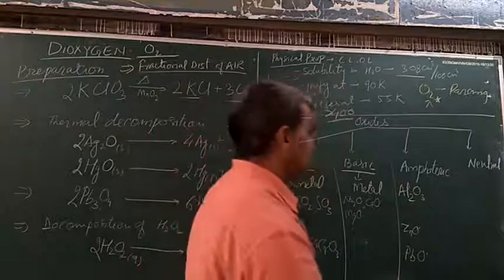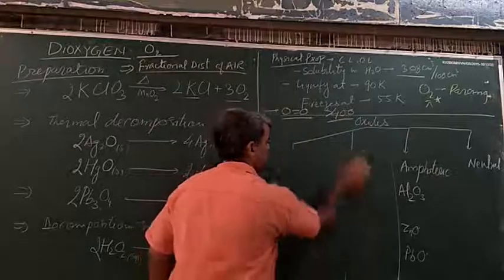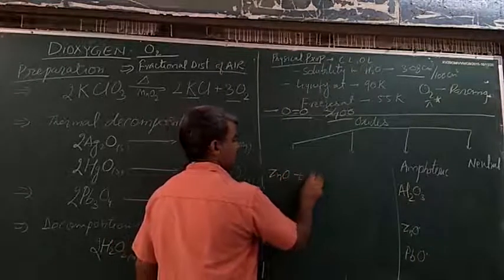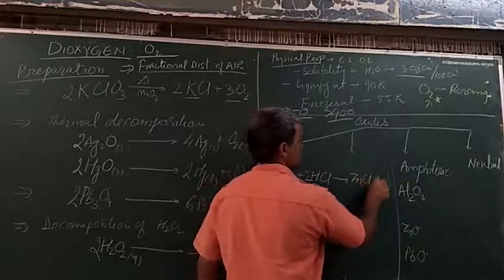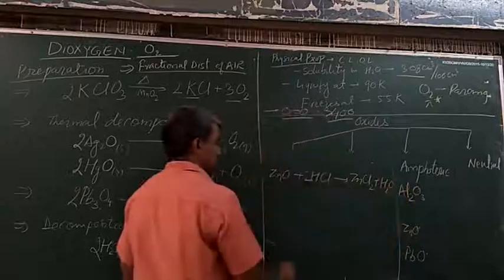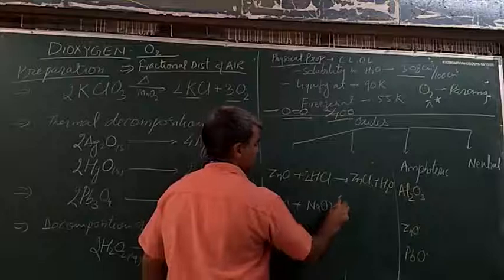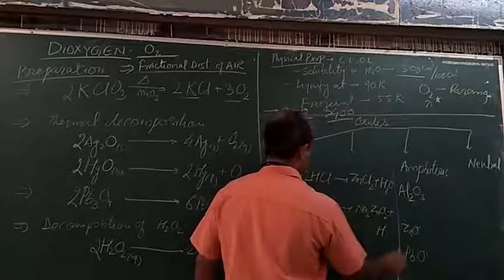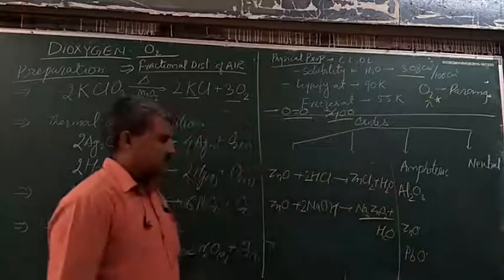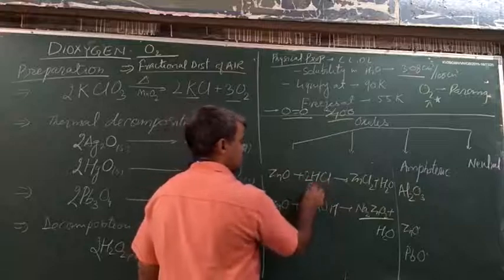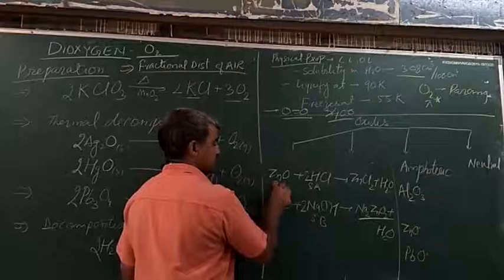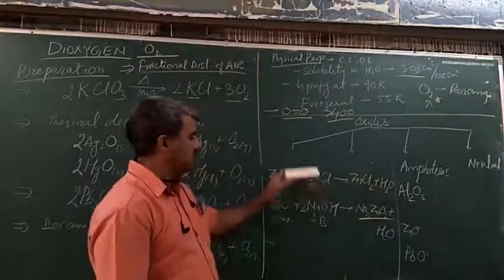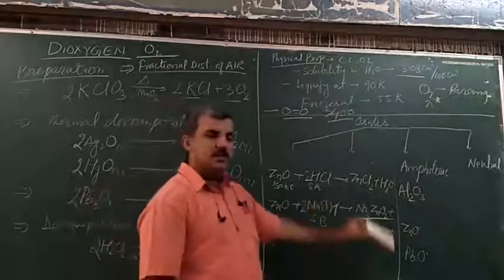They can react with both acid as well as with base. फॉर एग्जाम्पल जिंक ऑक्साइड को ले लो, zinc oxide with HCl forms zinc chloride plus H2O, and zinc oxide can dissolve with sodium hydroxide also and form Na2ZnO2 plus H2O, sodium zincate। So zinc oxide with acid shows basic nature, and with a strong base it shows acidic nature। Same way aluminum oxide also reacts with HCl and NaOH, you can see in your textbook that reaction is there।